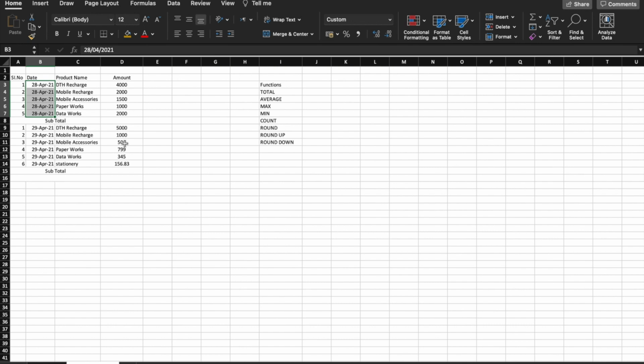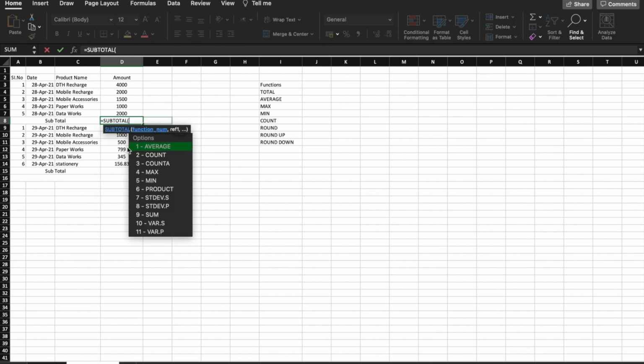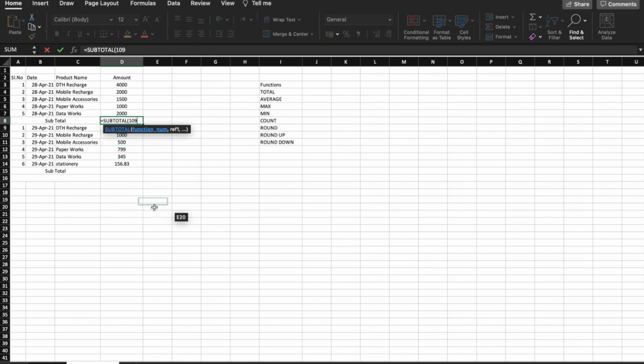So we use the subtotal value: equal to subtotal. You have many options. You have to find this sum value. So subtotal means sum of the specific selected columns.